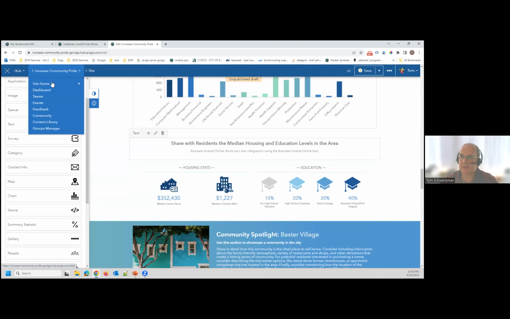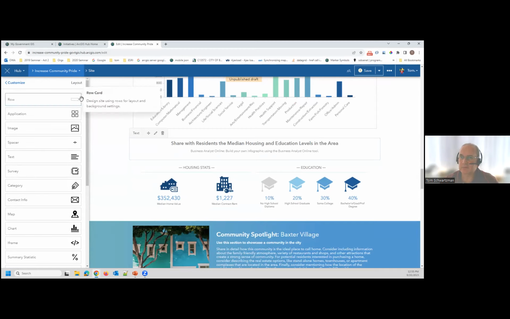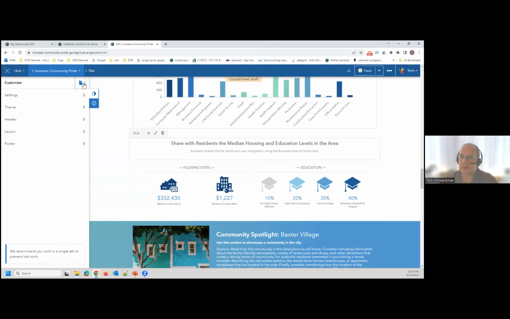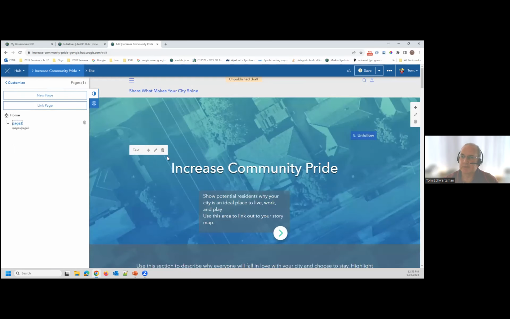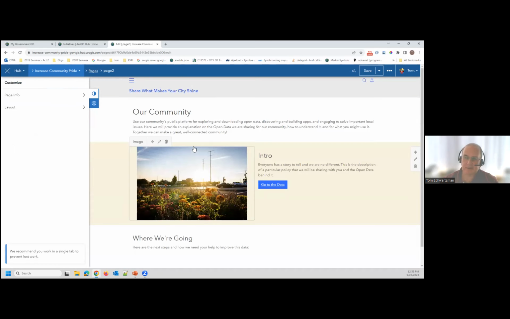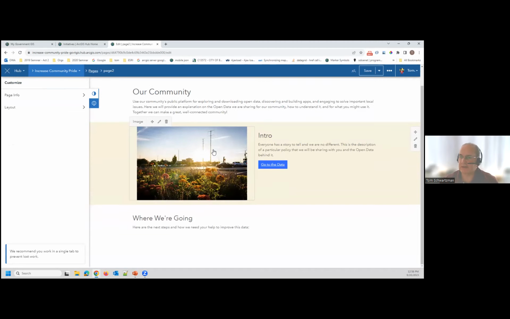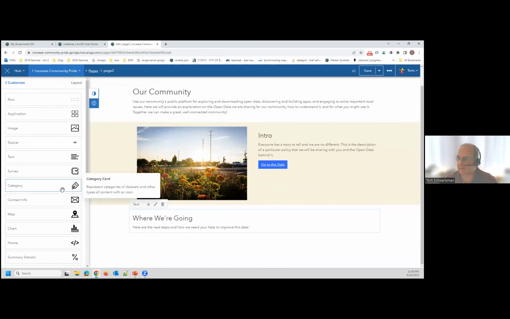Let me go back to this. Back here, right? I have only one. I have an extra page. It says 0 if you just have a root page, but I added a second page called page 2, and it just lays down another sort of working template for you to design a page. You see that layout thing again, where I can add all these different things, which is nice.